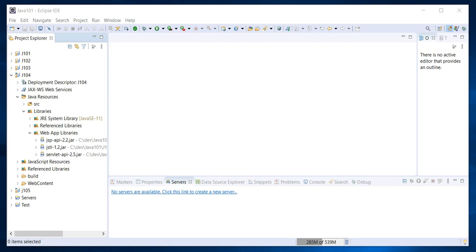So for environment setup, we basically need three things. First is Java, second is an IDE, which I'm using Eclipse, and the third one is a Tomcat server. We already talked about how to install Java, and we also talked about how to get Eclipse. In this tutorial, I'm going to talk about how to set up the remaining stuff, that is the